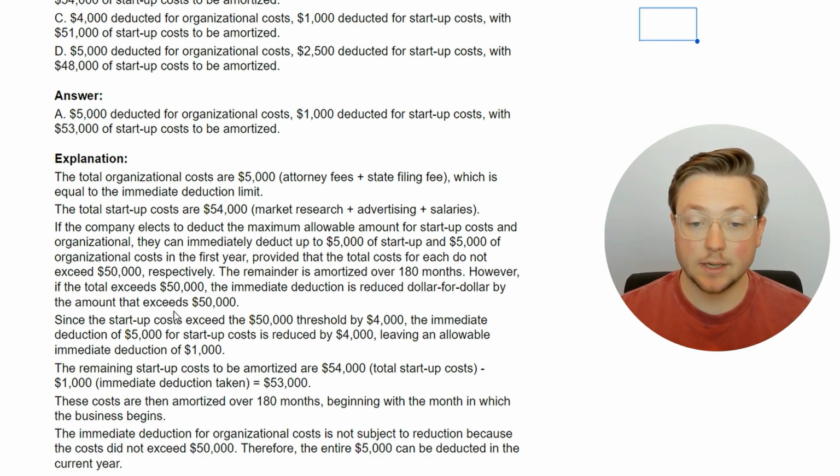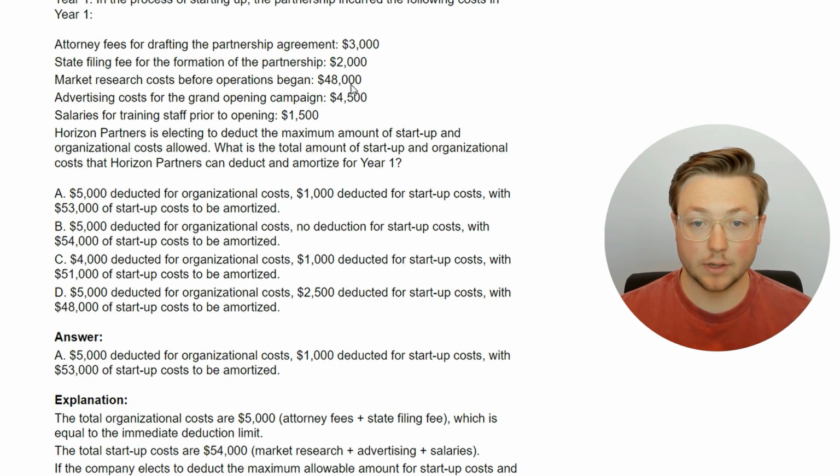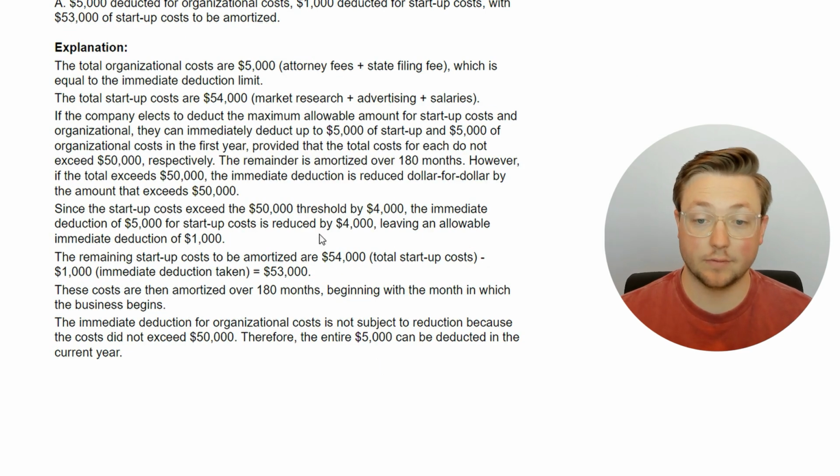Since the startup costs exceed the $50,000 threshold by $4,000, so these three expenses, 48 plus the 45 and 1500 equals 54, but it's $4,000 over 50,000. The immediate deduction of $5,000 for startup costs is reduced by $4,000, leaving an allowable immediate deduction of $1,000. Wow, okay. The remaining startup costs to be amortized are $54,000 less the $1,000 that's immediately deducted, so that's $53,000